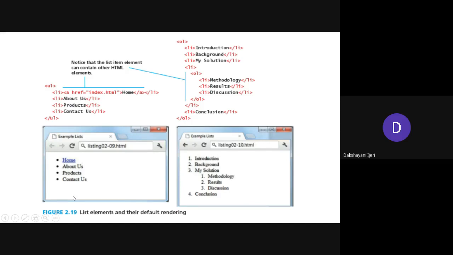So what you need to remember here is the element that is used for creating the unordered list. The element that is used is ul, and the element that is used for adding the items to the list is li. Is it clear to you? Yes or no? Yes, ma'am. Only if you are clear with this, if you want, you can note down this example.